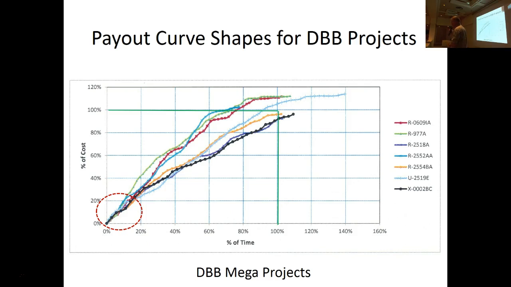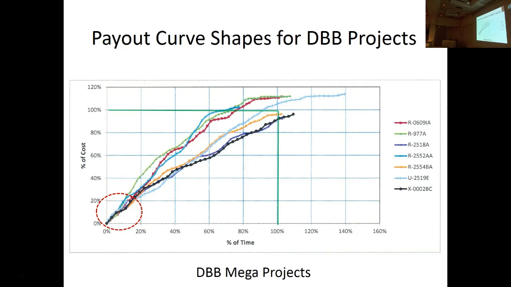Okay, so what's interesting is it kind of falls in line with the CII study that shows that very few projects actually meet their authorized cost and schedule. And it's happening here for the DOT mega projects as well. Okay. So if we look at design build, just remember the shape of this curve right here